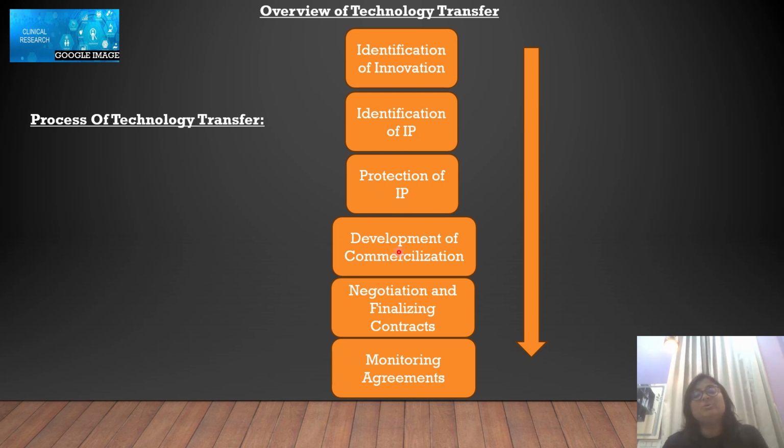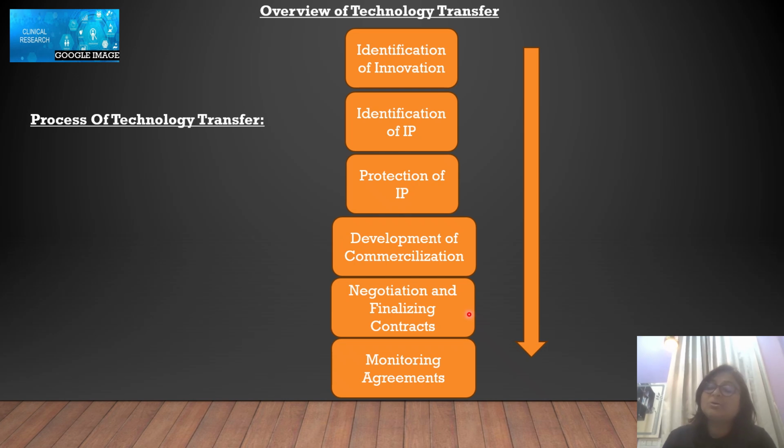After that, there is need of commercialization. So for the development of commercialization, they will contact other industries and then they will negotiate: okay, if I am giving you my IP asset, what are you giving me back? So they will give some royalties or some ownership or some share, whatever they want. It's not like A will just say, I'm giving you this, you give me this much ownership. So there is always negotiation, and after that the contract is finalized, drafted, reviewed, and then the agreement is prepared and technology is transferred.